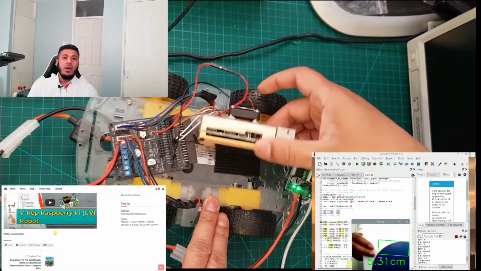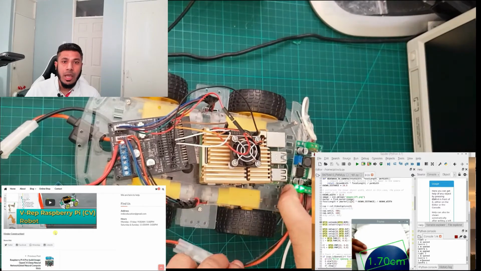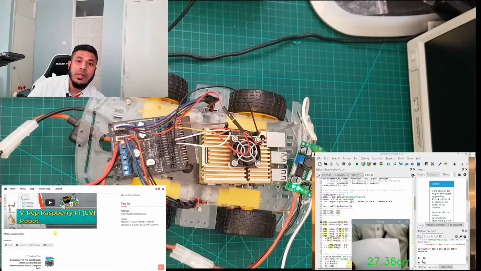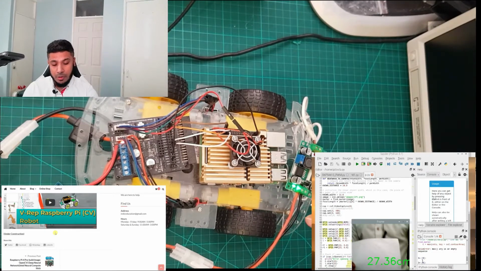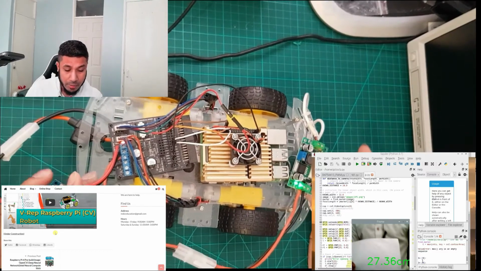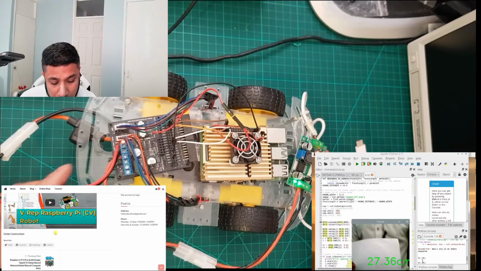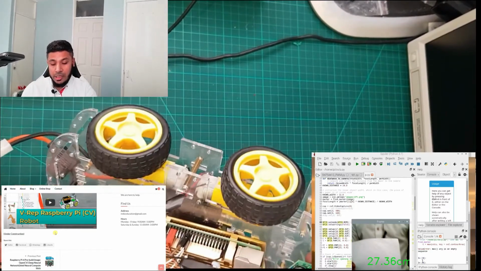Many of you who have already seen my Raspberry Pi 4 power supply module tutorial, many of you are suspecting that my thing is not charging, the buck converter is not charging the Raspberry Pi 4. I can show you it in real time. As you can see, it is showing the 5.0 volt, and all I have to do is just check it. Yeah, all I have to do is just plug in my